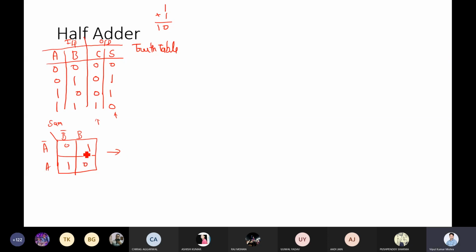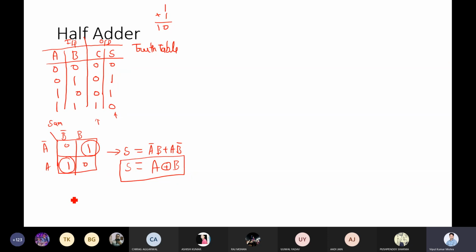No, sir, because diagonally we cannot make it. So in that case you have to go with the singletons. So your sum, S, is equal to A bar B plus A B bar. What is this? A XOR B. Correct. So we got the equation for sum.